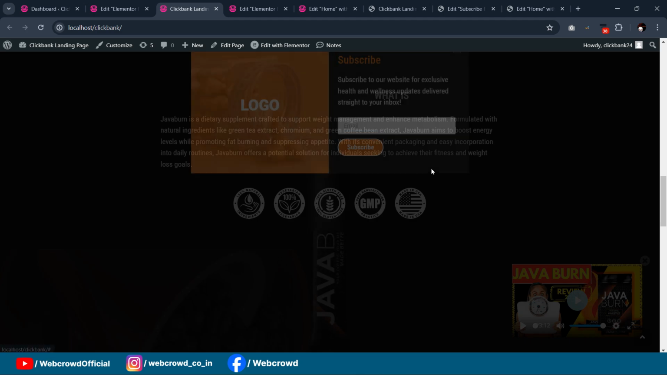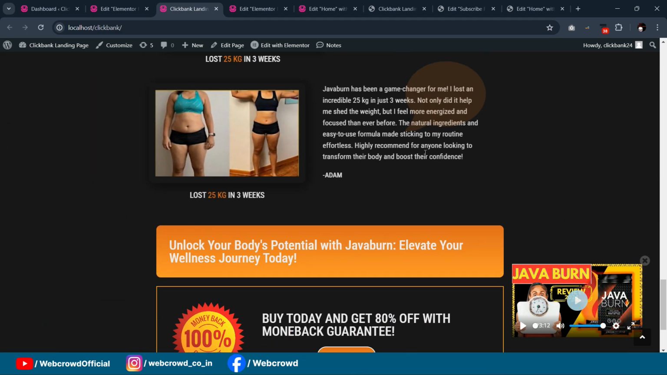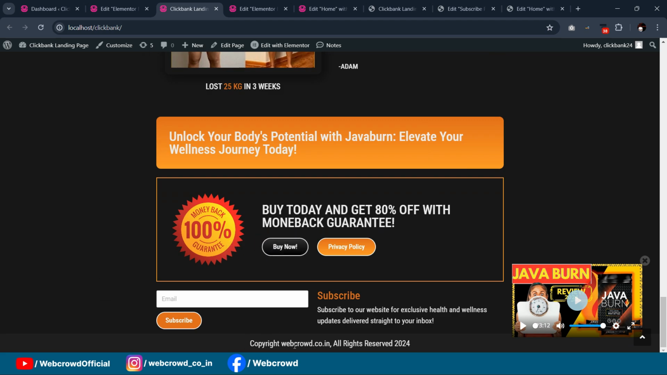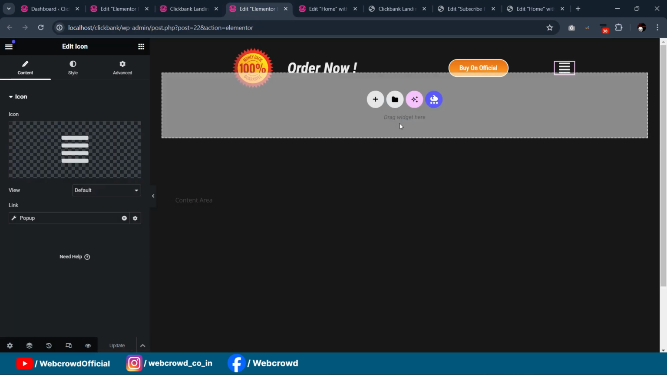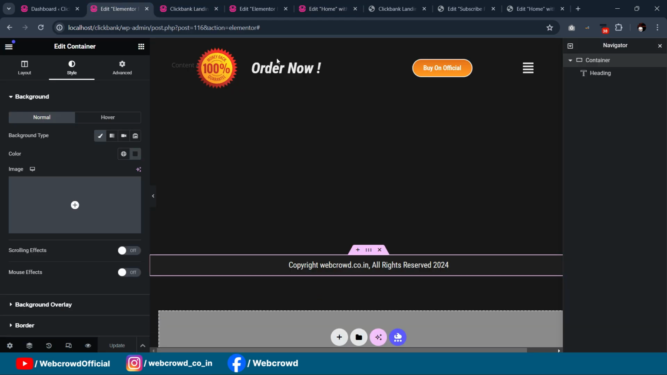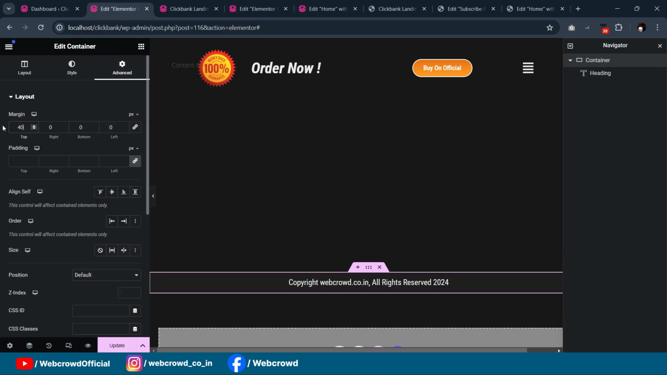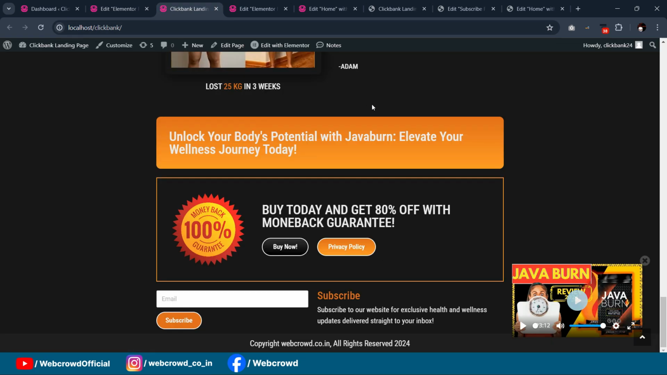Scroll below. So here is our footer. We need some spacing in between these containers, so let's add it, or you can directly add the space top margin, okay, from this footer. 40. That's it. Okay,